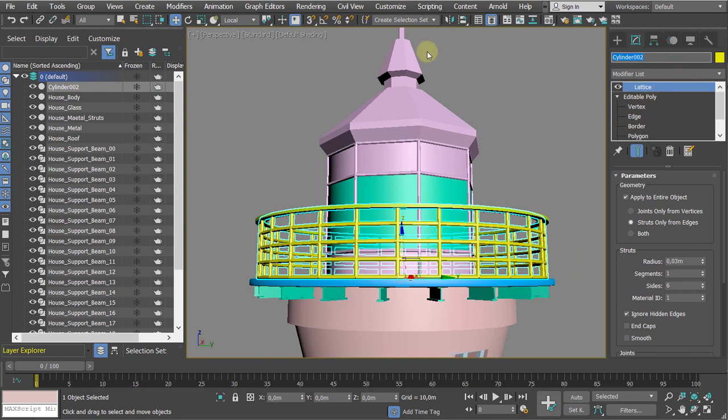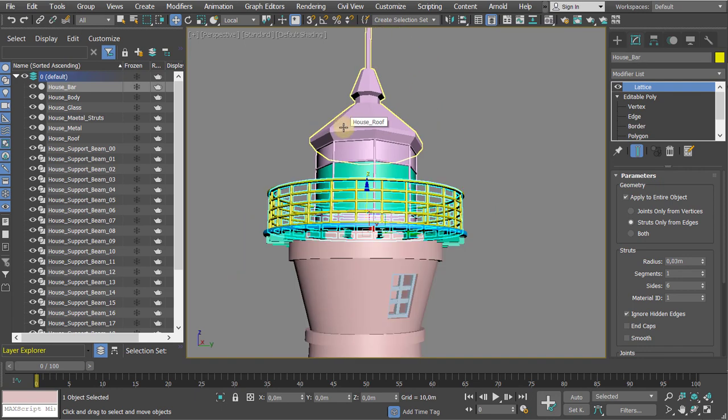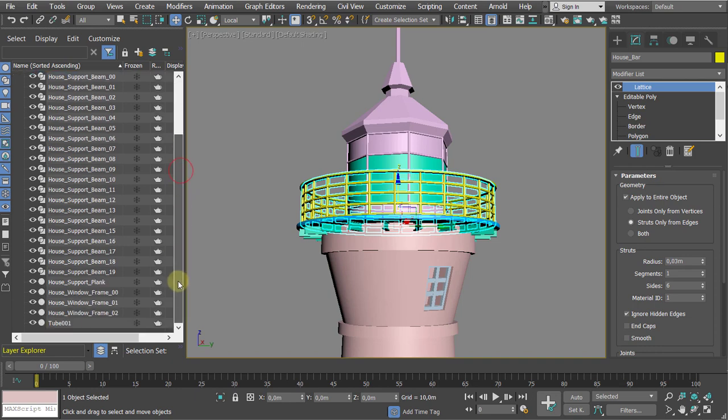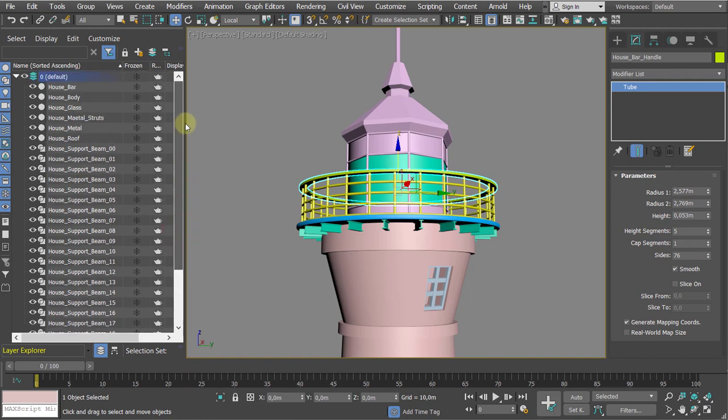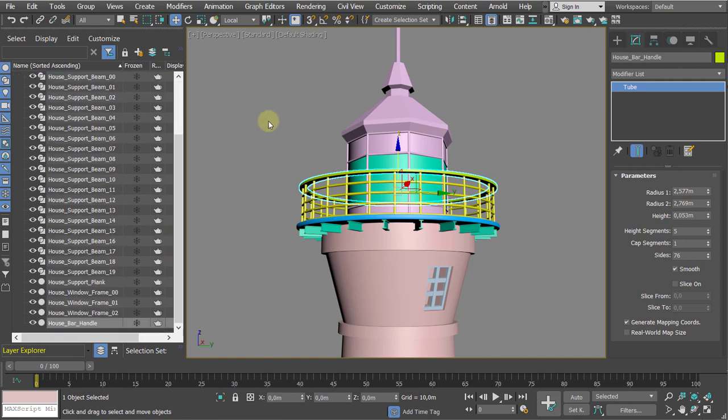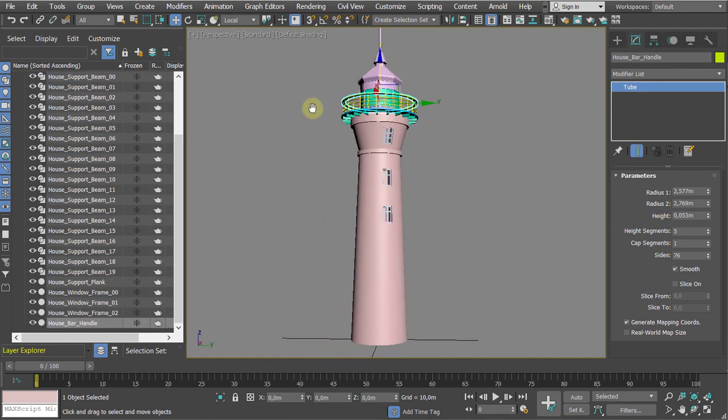Okay, so house cylinder, handlebar or bar. Okay, let's rename it to bar. Okay, and the last one is tube, is house, bar, and handle. Okay, that's it. Alright, now we have a name for everything, and to make our work a little bit easier